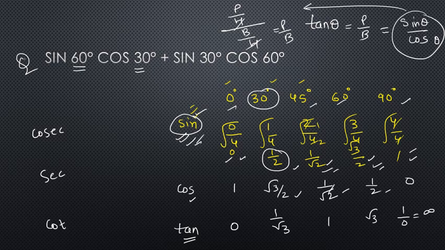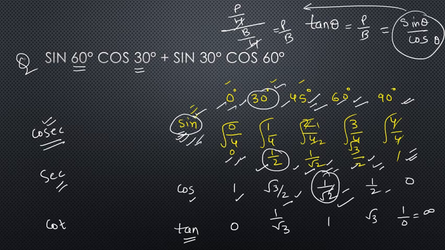I told you that cosec is the reciprocal of sine. So to find the value of cosec 0, it will be 1 by 0. Cosec 30, 2 by 1. Cosec 45, root 2. Cosec 60, 2 by root 3. Cosec 90, 1. Similarly, sec 0, 1. Sec 30, 2 by root 3. Sec 45: sorry, the reciprocal of 1 by root 2, that means root 2. Sec 60 is 2 and sec 90 is 1 by 0, that is not defined. And the values of cot will be the reciprocal of all these values.